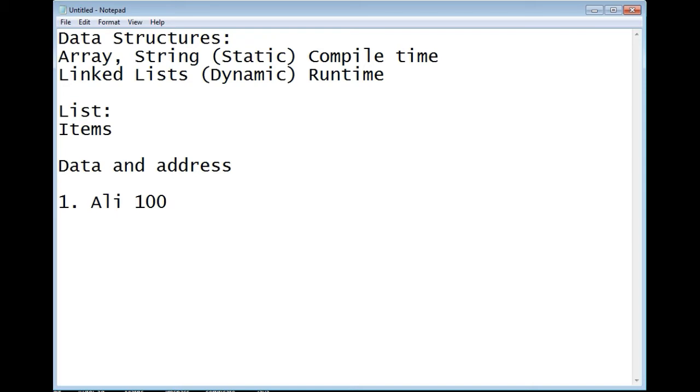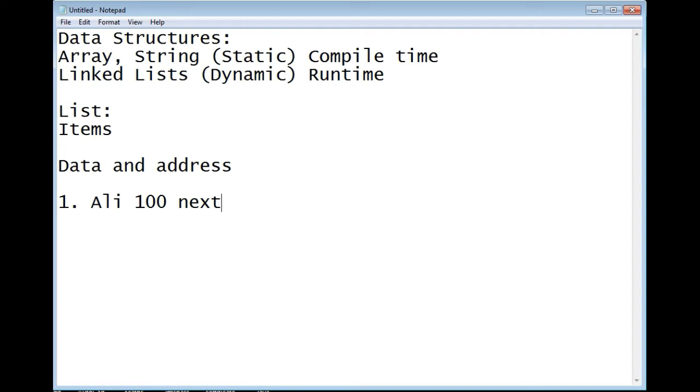There is additional data, the RAM address. This is the first list. There is something called next, generic next.